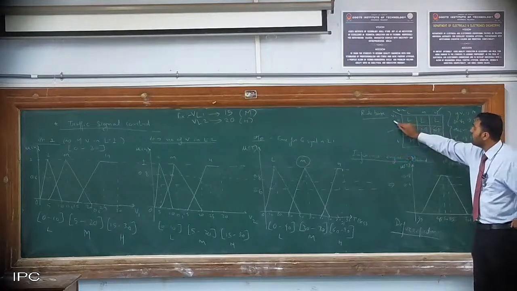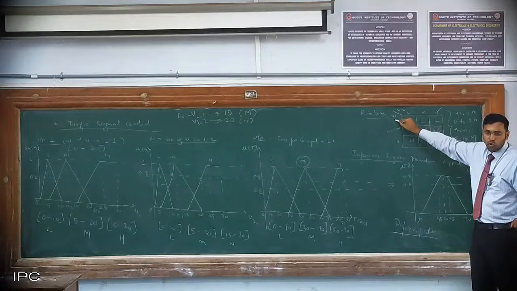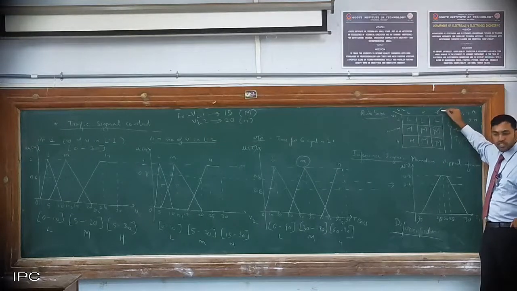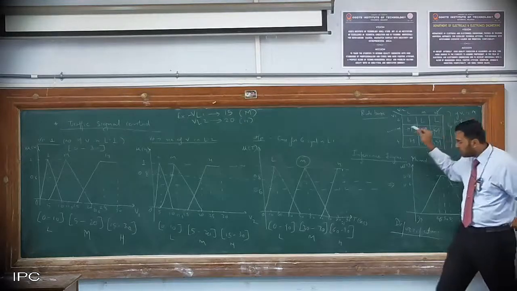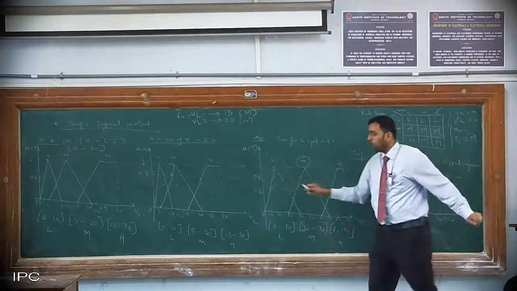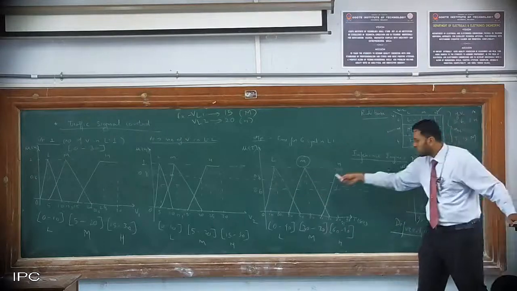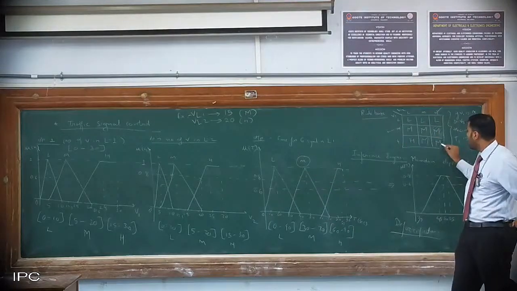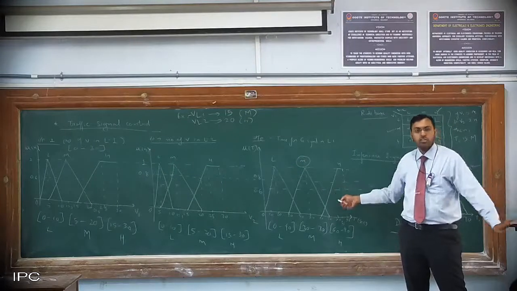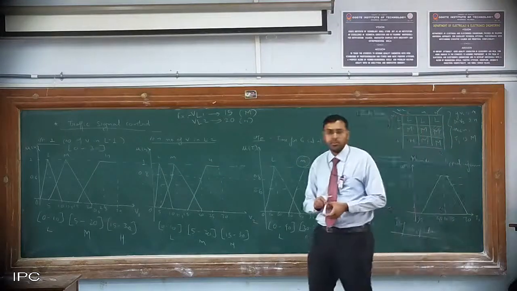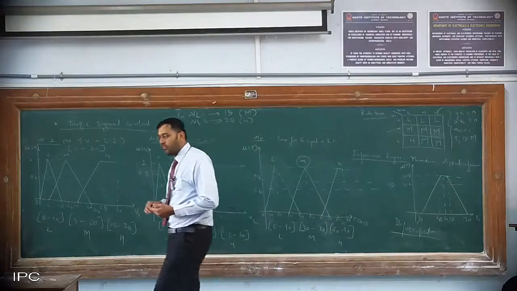If my input for the vehicles in lane 1 was low and in lane 2 it is high, then the green signal for lane 1 should be low. So if low is coming here, then you should select low. If medium is coming here, you select medium. If it's coming high, then you select high. Okay? So this is how you will be solving the problems. Is it clear, everybody? Any difficulties?